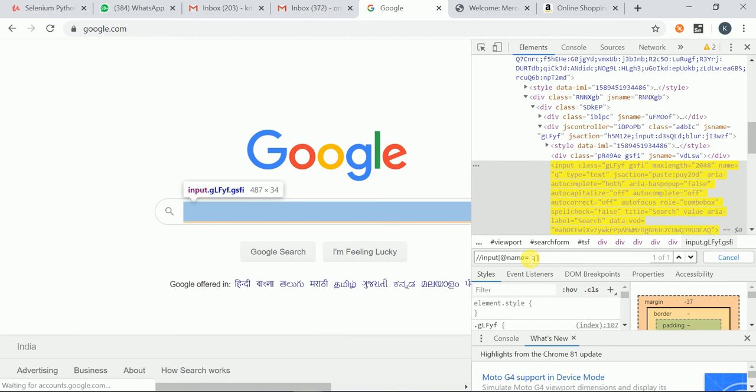See here, one only showing here. It means that this is identifying successfully. When you enter here, this field is highlighting also. So in this way, try to understand the syntax. Why are you giving double slash? Since it is not an absolute XPath, it is a relative XPath. So you are directly targeting the specific element. You are not coming from parent to child.